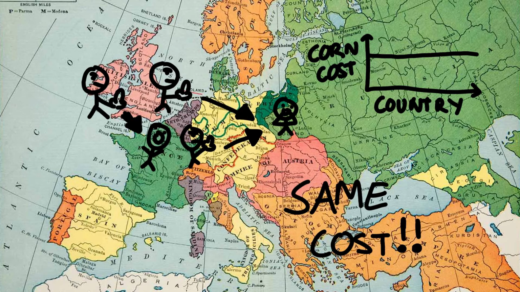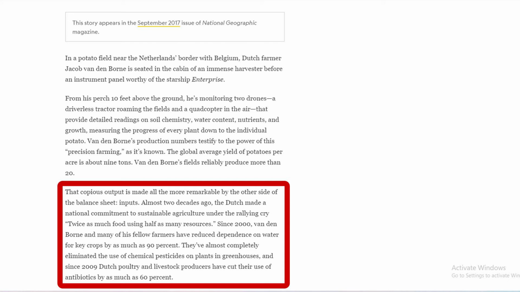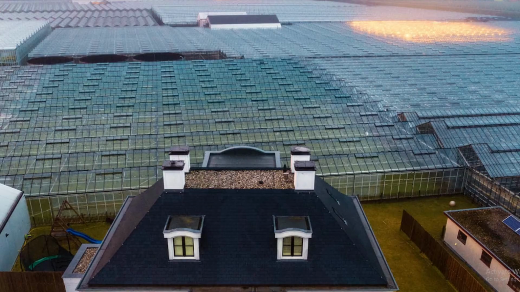Interestingly, in the Netherlands, this is changing. Now, there's a great National Geographic article on this, and they were basically one of the last European countries to ever experience a famine. I think it was during the mid-century Germans' invasion. Essentially, they were focused on the fact that this cannot happen again. Because of this focus, they thought, well, how can we really increase the productivity of farms? How can we decrease water consumption? How can we reduce chemical use? Are there natural ways to fight pests? That sort of thing. And now in the Netherlands, they use greenhouse farming.